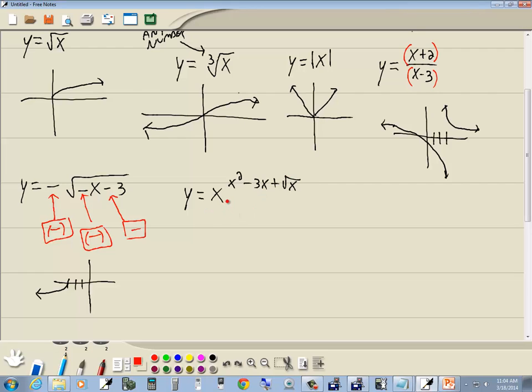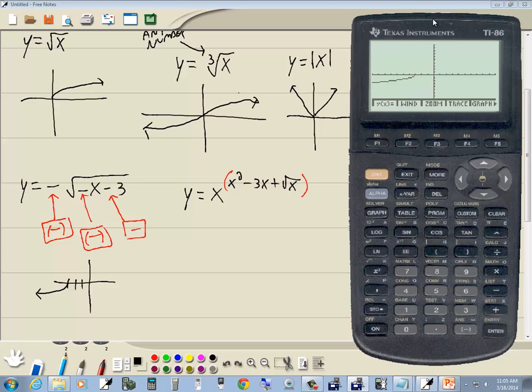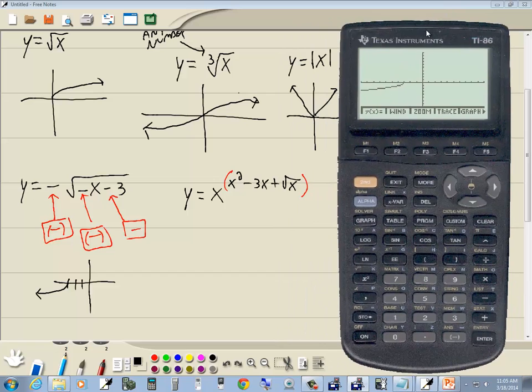Now, first thing I noticed in this is I got more than a single number or a single variable in my exponent. Remember, we had to put parentheses around the exponent then. Other than that, we pretty well type it in as we see it. So, back to my calculator here, and I'll press my y equals. So the F1, press clear. I got my x, and then I want a power, so I do a caret. Beginning parentheses for the exponent. Then x squared, so I do x bar, x squared,